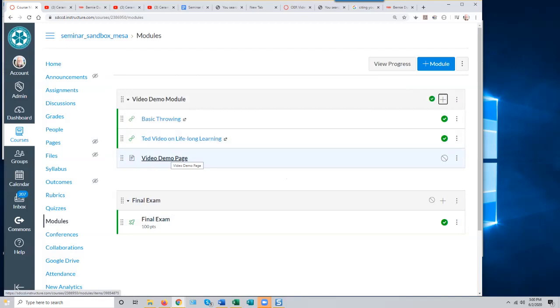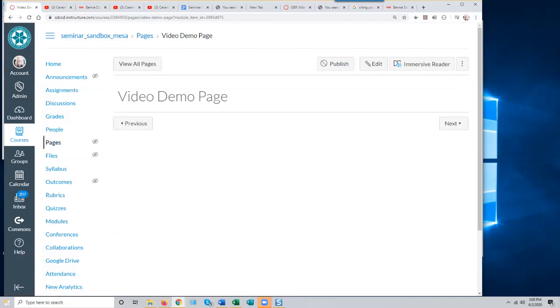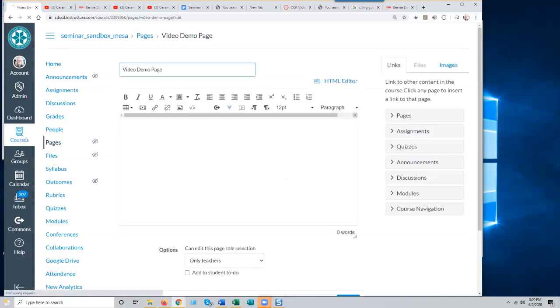I can access the edit tools for that page by clicking on the link to it and clicking edit. And now I have the Canvas Rich Content Editor, which, as the name indicates, handles media. It's more than a text editor. You can add media to Canvas pages, notably still images, video, sound, and the like. And that's mainly these tools in the second line of the control bar on the Rich Content Editor,